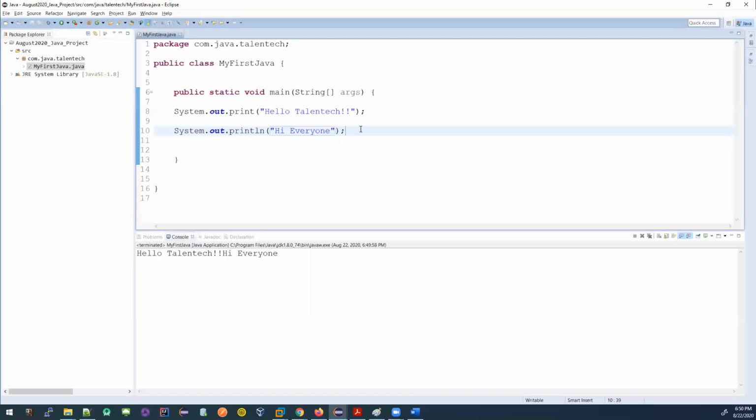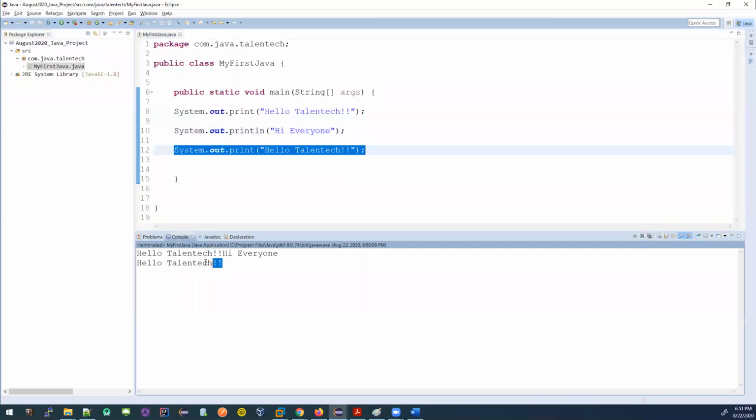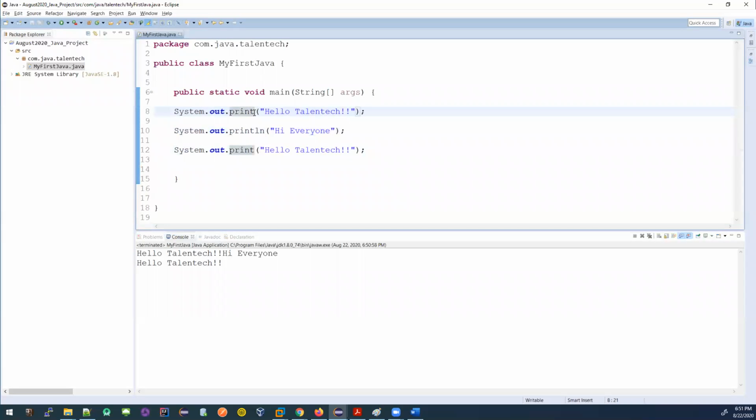But how about I write down something, I write down this line, I'm going to write println here, and just copy it and paste here, and I'm going to execute in here. This line is coming in the second line. Why? Because when you have only print, it's printing this one, the control is still in this line. When you put ln, line, the control is coming down to the next line.